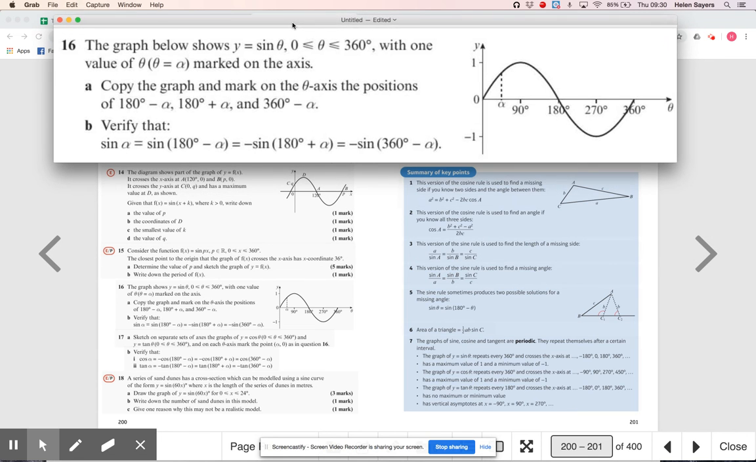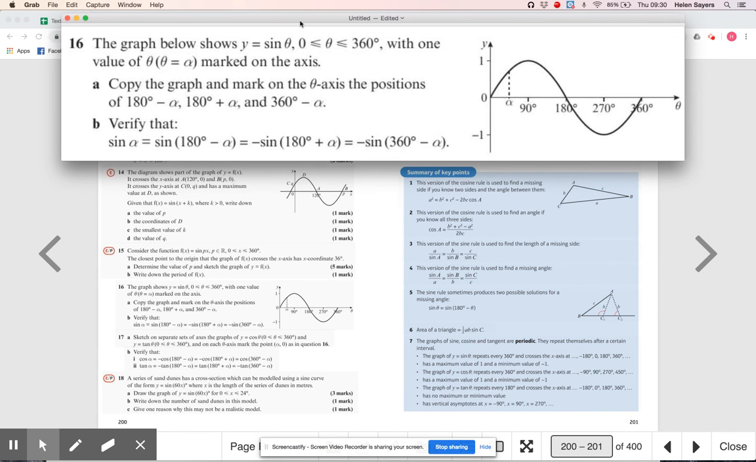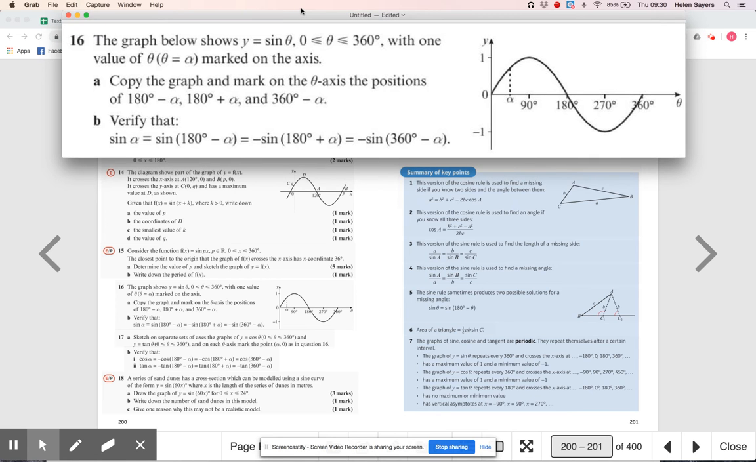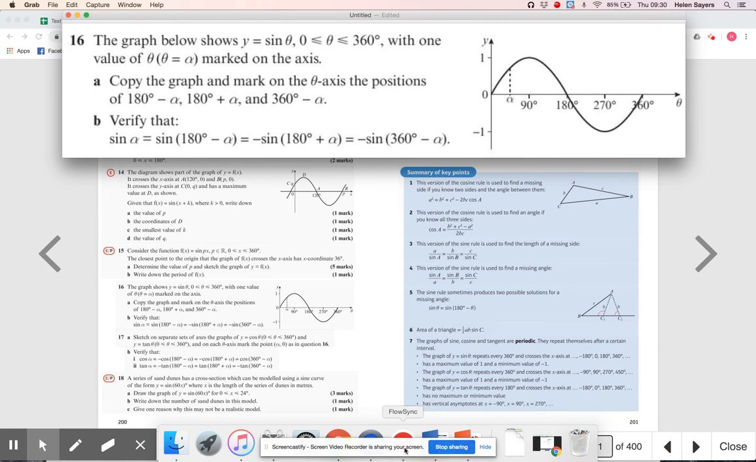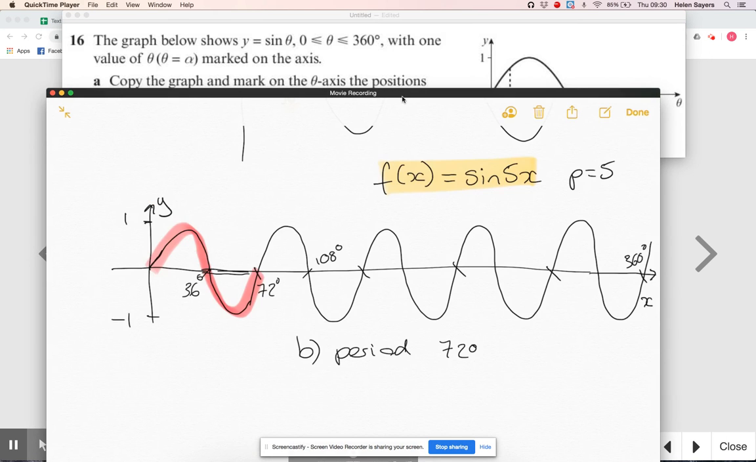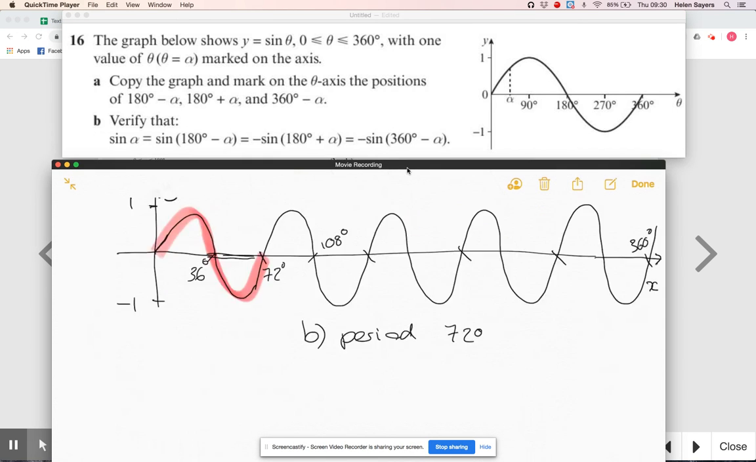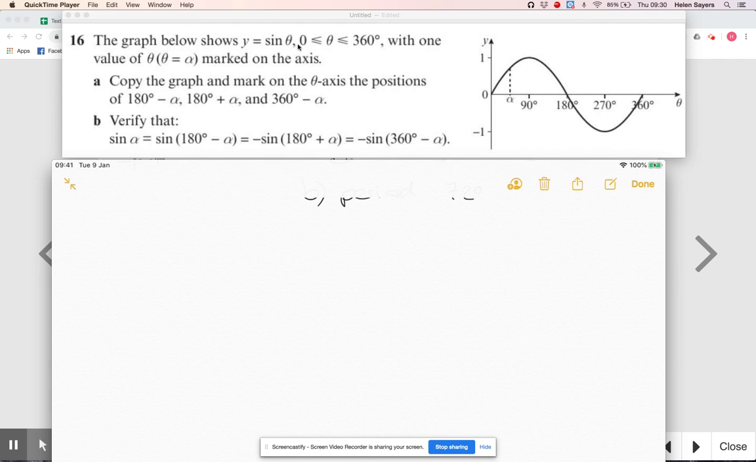Okay, we're looking at the first year core textbook, mixed exercise 9. So we are looking at some trig. We're on question 16. Okay, and what have we got? The graph below shows a normal graph of sine theta, and one value of